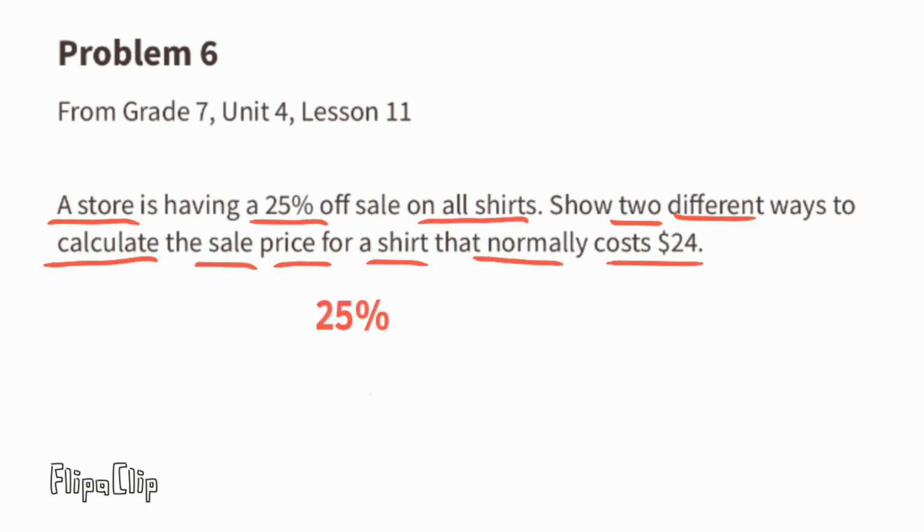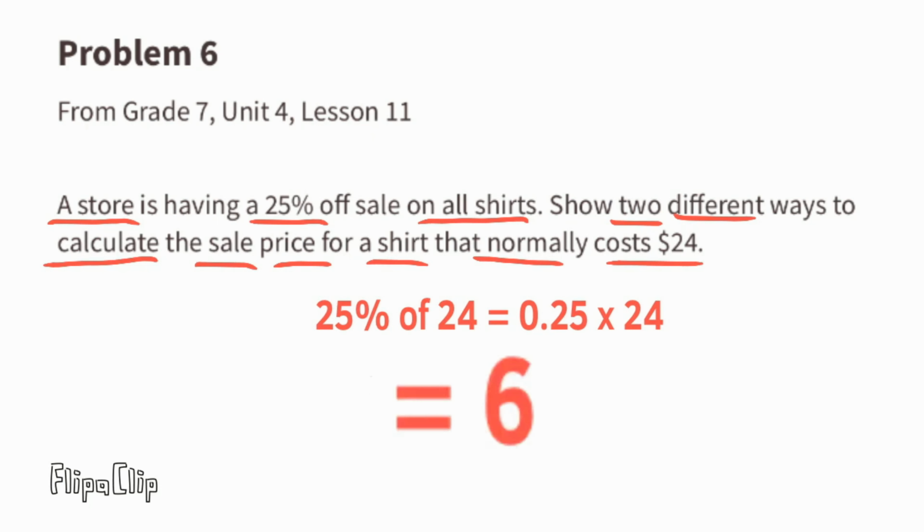We need to figure out what 25% of 24 is. As a decimal, 25% can be written as 0.25, and "of" means times, so 0.25 times 24. That equals 6, so we know that 25% of 24 is 6, and this is a 25% off sale, so